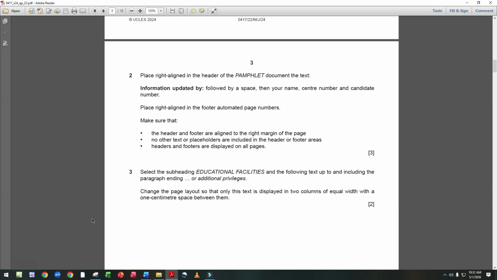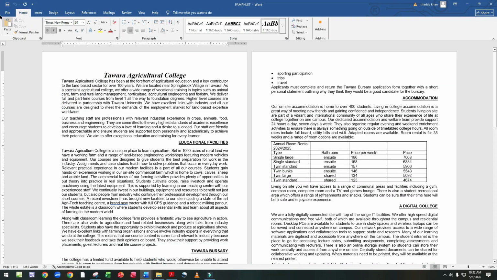Now come to question 2. Place right aligned in the header of the pamphlet document the text information updated by followed by a space, then your name, center number and candidate number. Now we enter in the header of this pamphlet document.